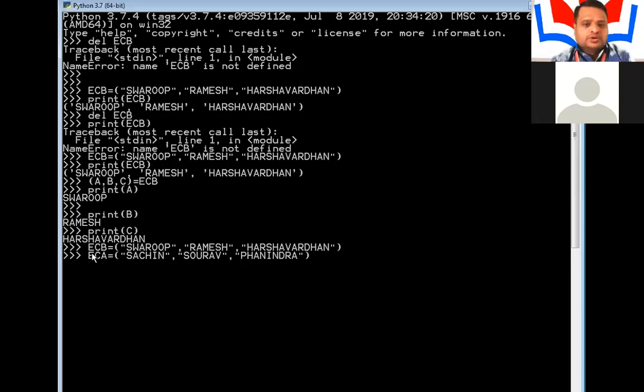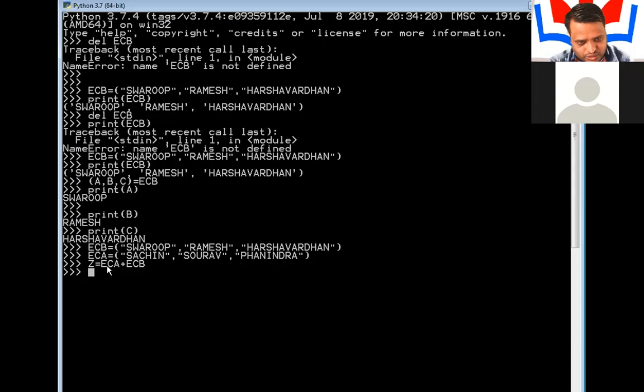Now you can notice that the two tuples have already been created. Now I will be taking one more tuple here. The tuple name will be z equal to. Now I will be concatenating ECA, and then using plus, and then ECB. You can notice that we are not getting any error here.